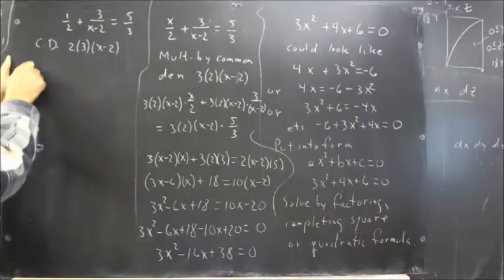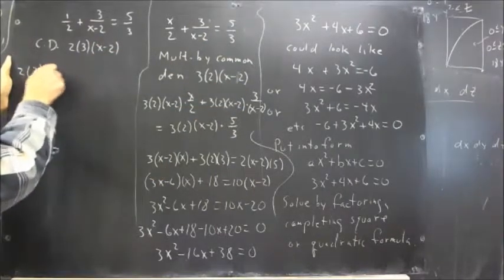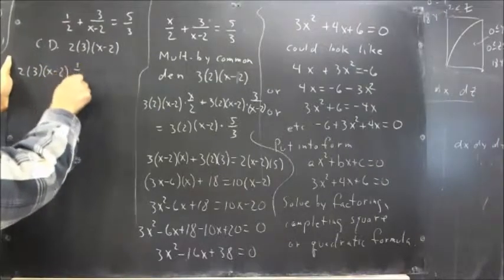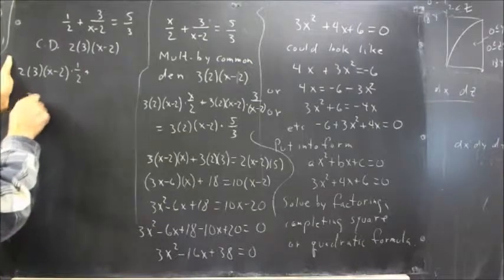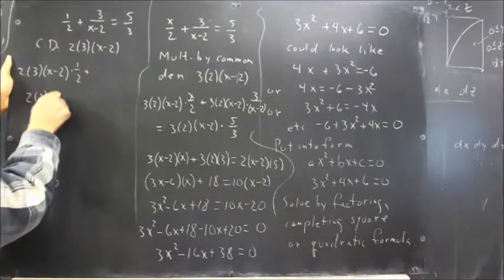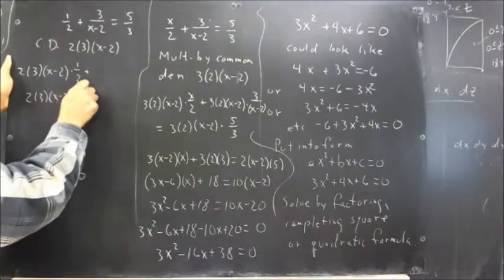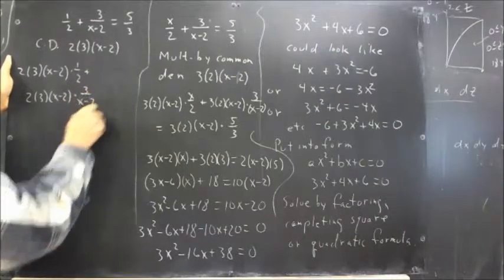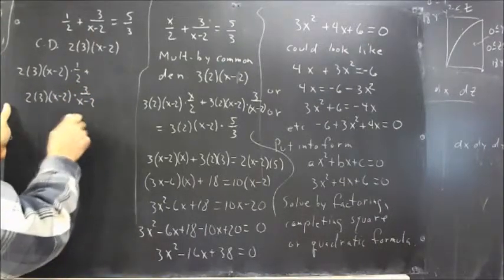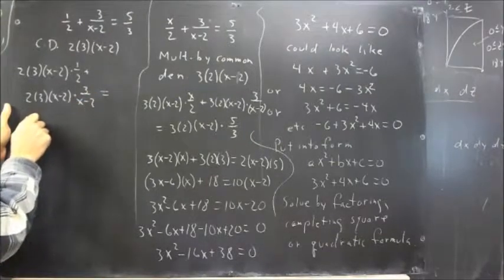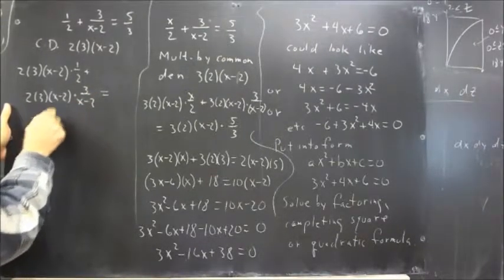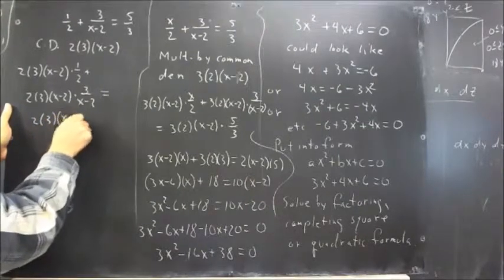So we're going to have 2 times 3 times x minus 2 times 1/2 plus 2 times 3 times x minus 2 times 3 over x minus 2 equals 2 times 3 times x minus 2